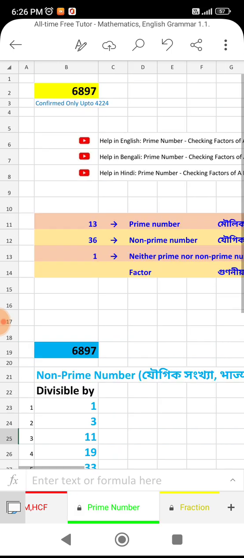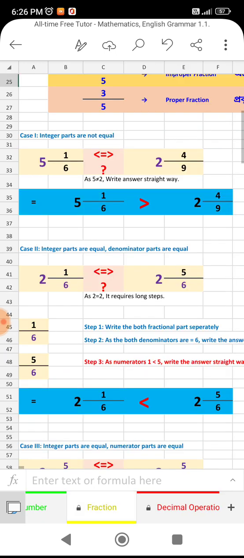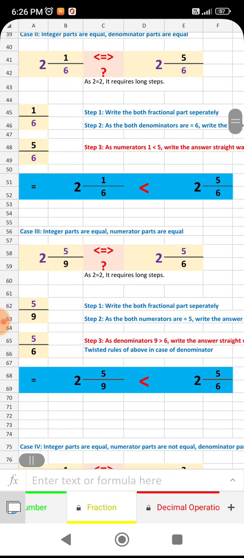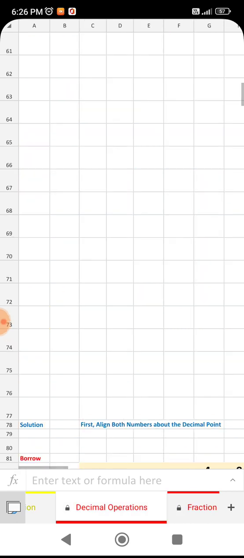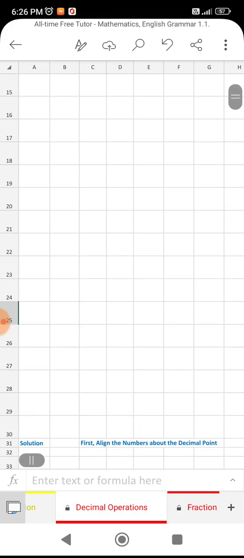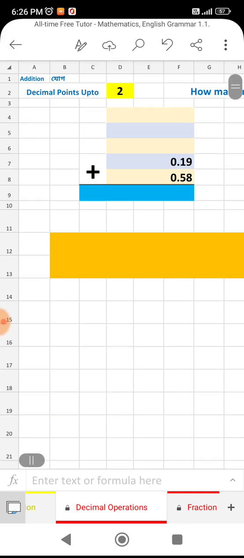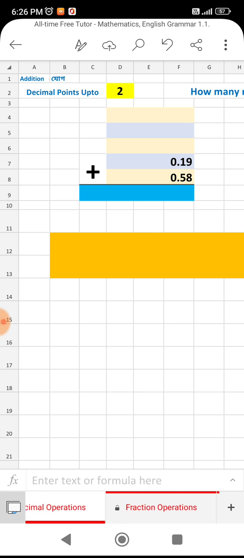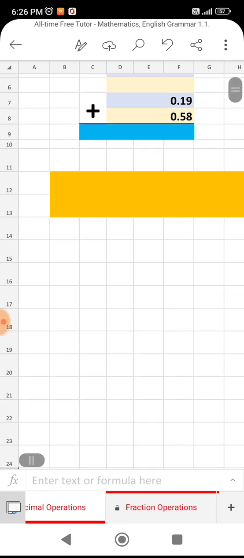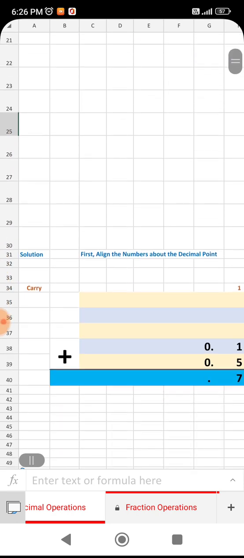Then prime numbers, checking whether a number is prime or not. Fractions problems, decimal point numbers, addition, subtraction, multiplication, division, typical problems we made, and whenever mistakes have occurred, how to correct them. It will help